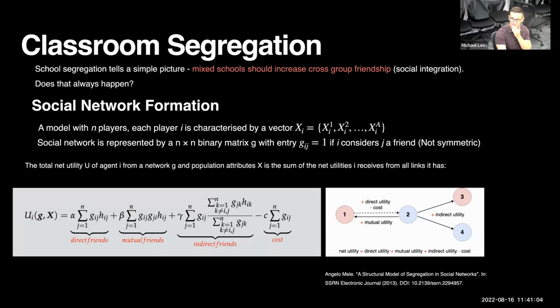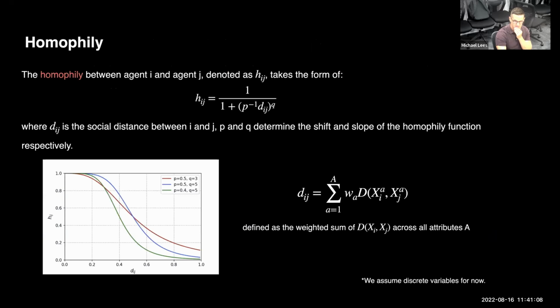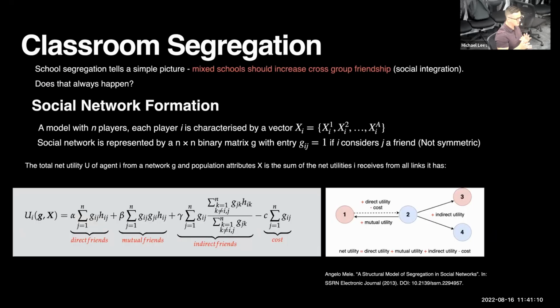So then I need to check what I have on the next slide. Let me explain this a little bit first. The way the model works is we just throw a group of school children into a virtual classroom, and we let them evolve this network over time. They're randomly removing and adding edges to see if their utility improves. So they're maximizing their utility based on this equation, and again, based on this homophily.